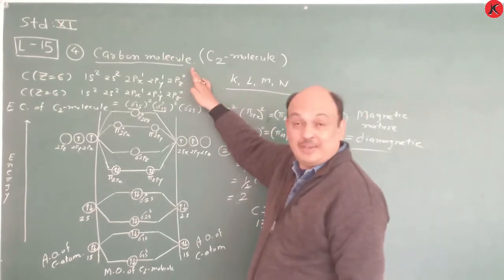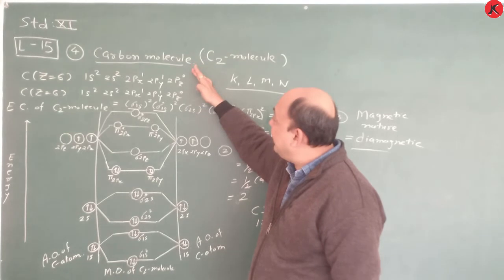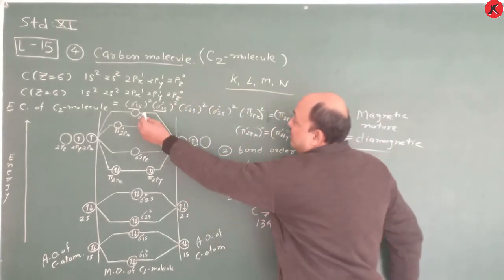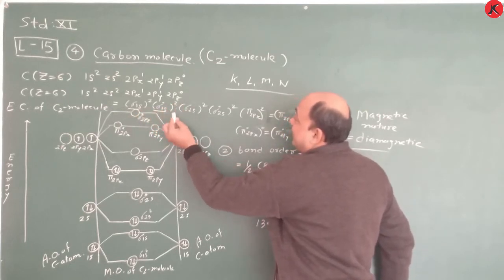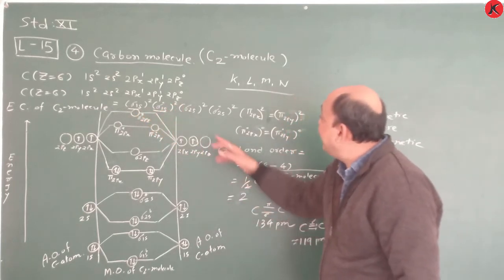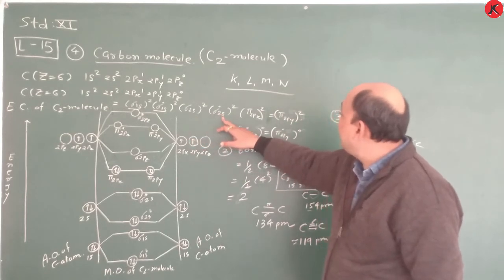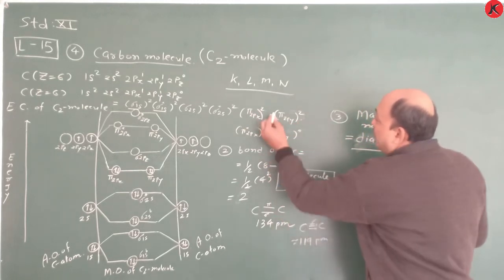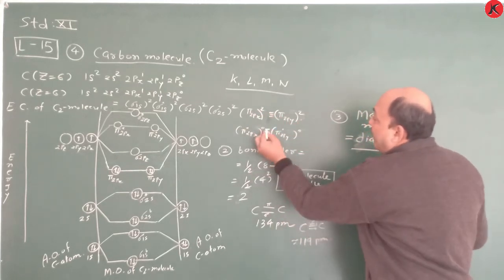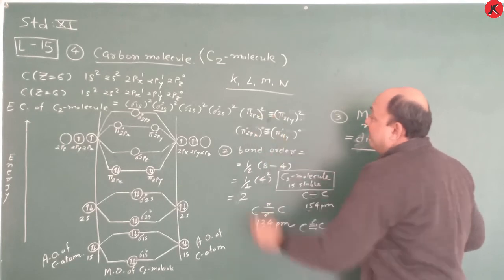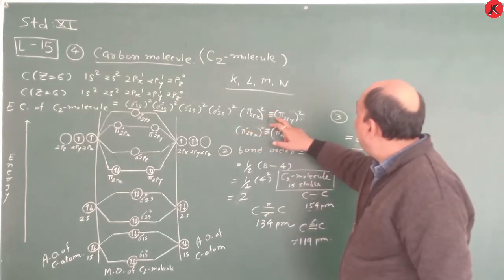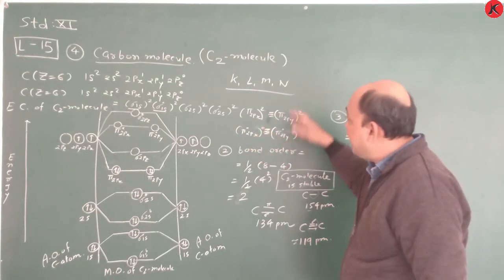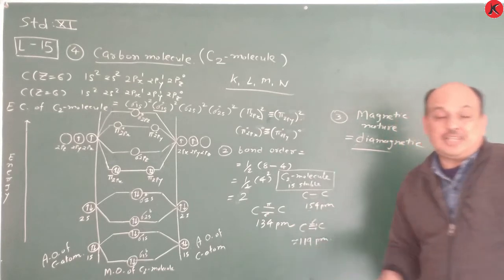In the N2 molecule, same way. I write it here, Z is equal to 7, and according to that, this sigma 1s2 and sigma star 1s2 is known as KK. So here in your textbook it is written KK, sigma 2s2, sigma star 2s2 and pi 2px2 is equal to pi 2py2. Write it this way. Equivalent. Okay, this energy is equivalent. So pi 2px2 is equivalent to pi 2py2, pi star 2px0 is equivalent to pi star 2py0. Write it completely. Magnetic nature. Okay.